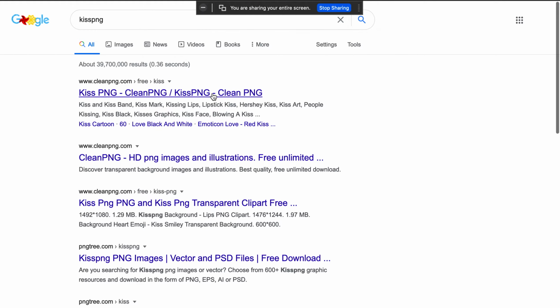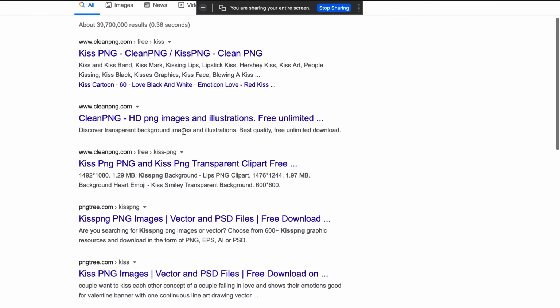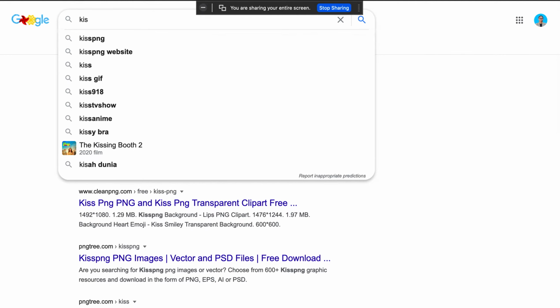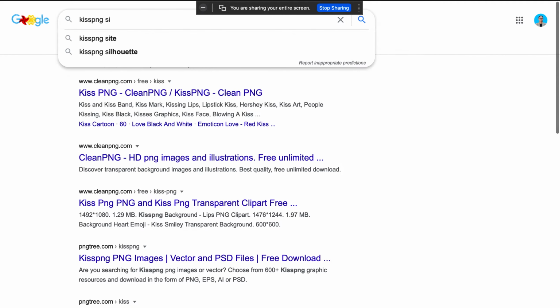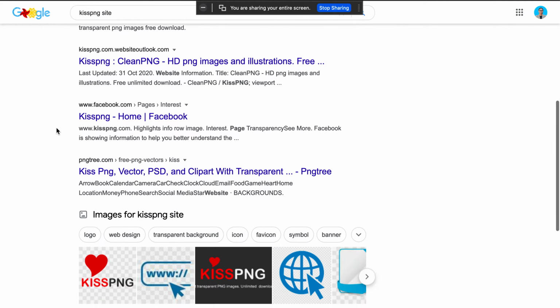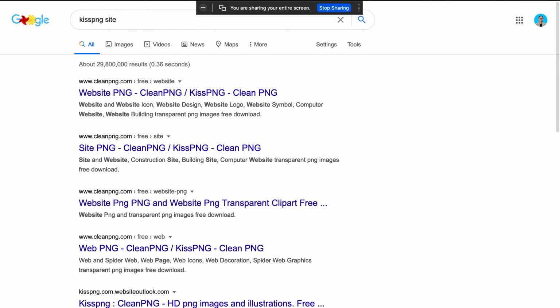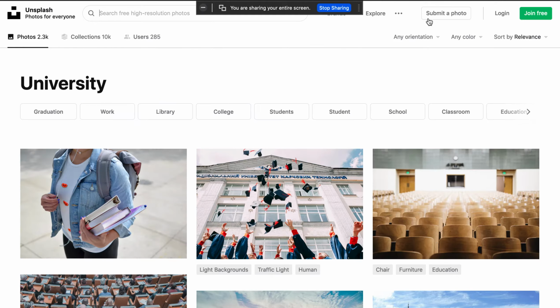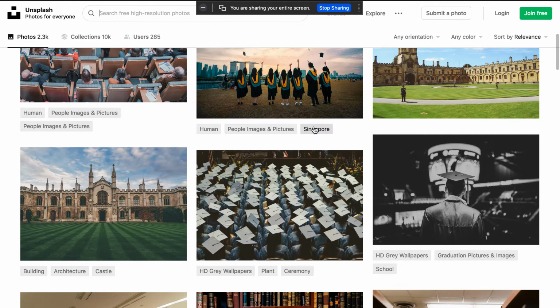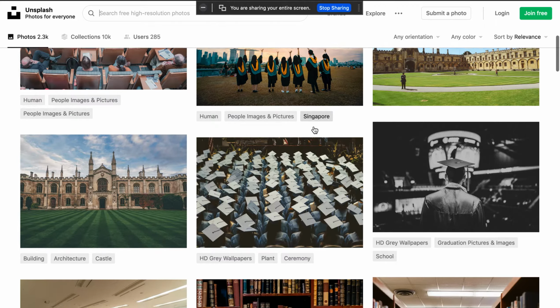Sorry, oh no, this one actually, the site. I don't find it. Actually, the site is literally KISS PNG, but not "kiss" in the other way. Okay, so that one is actually for PNG files. After this, I want to show you